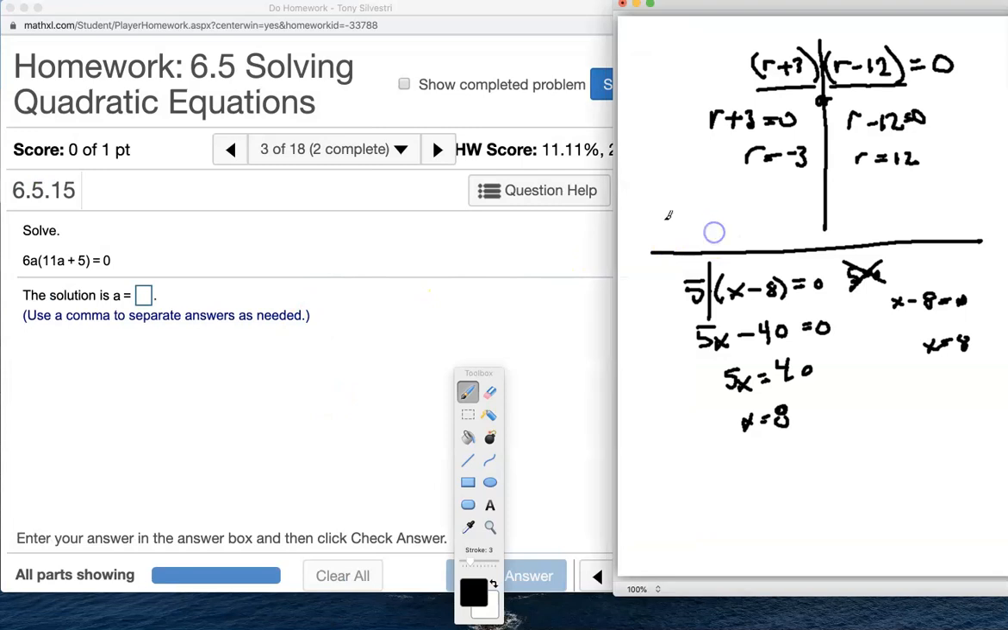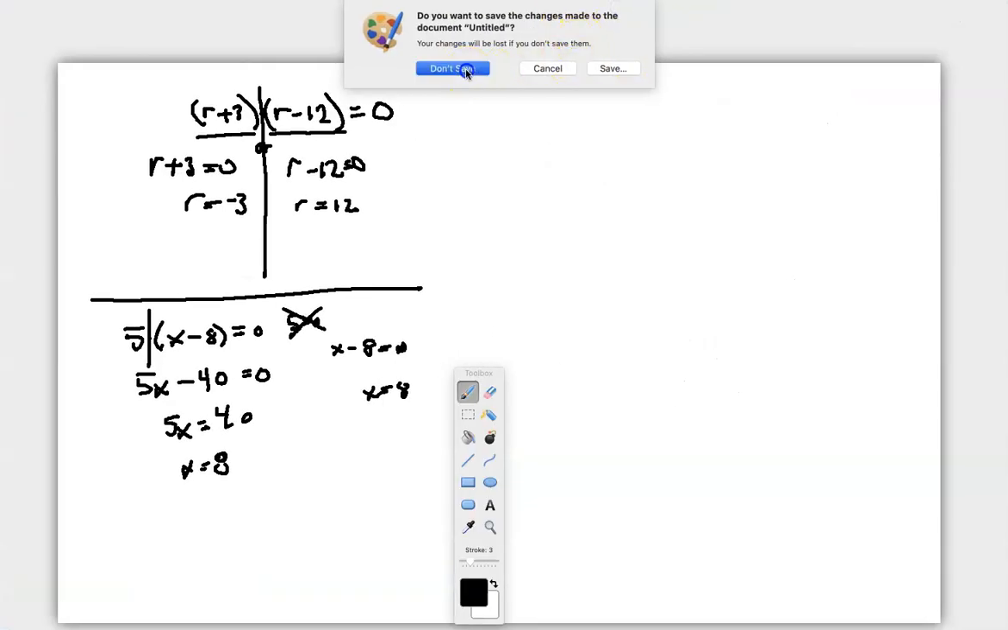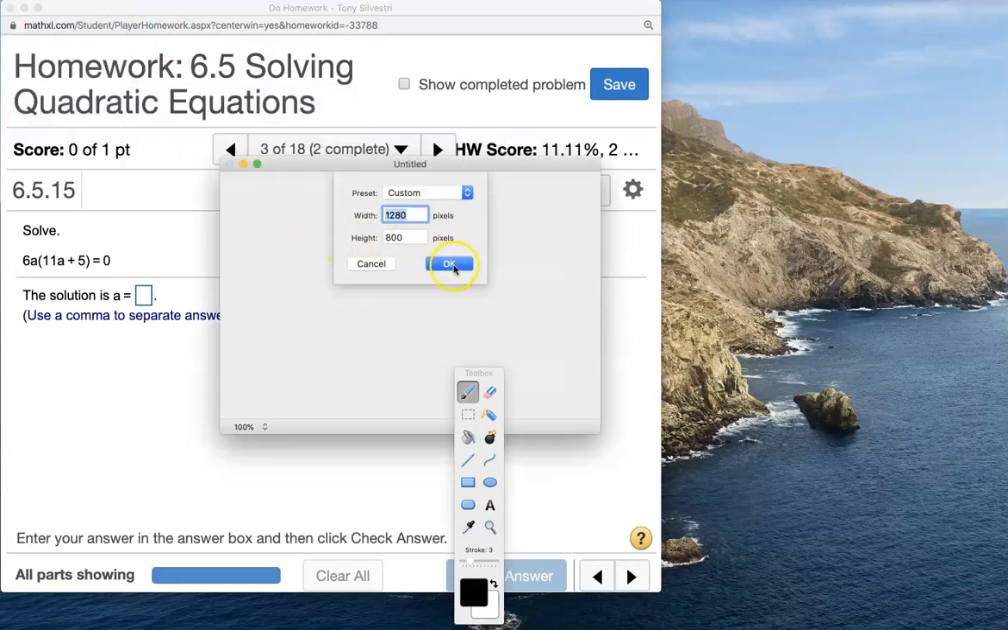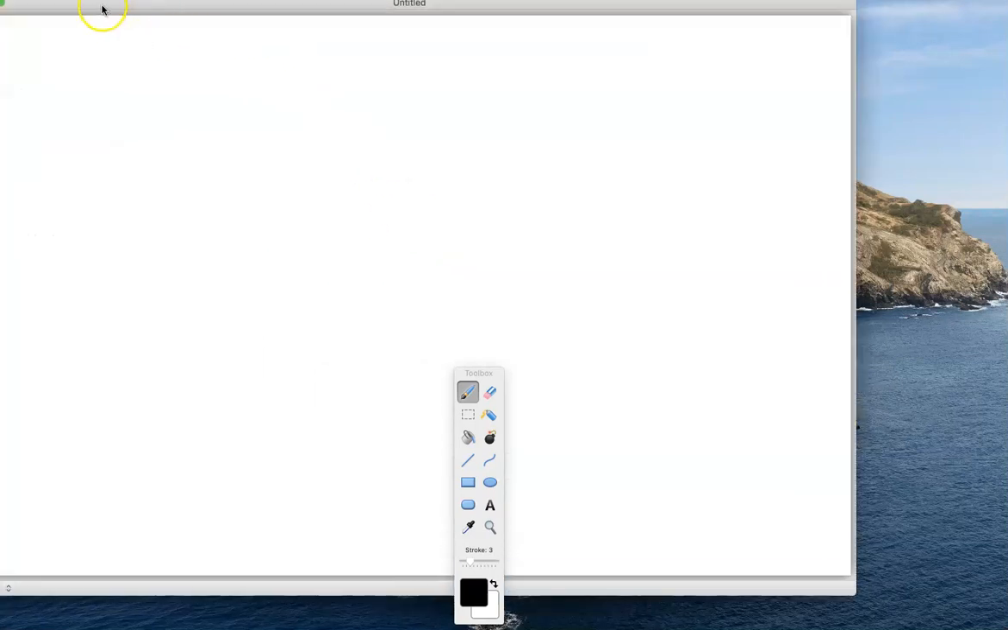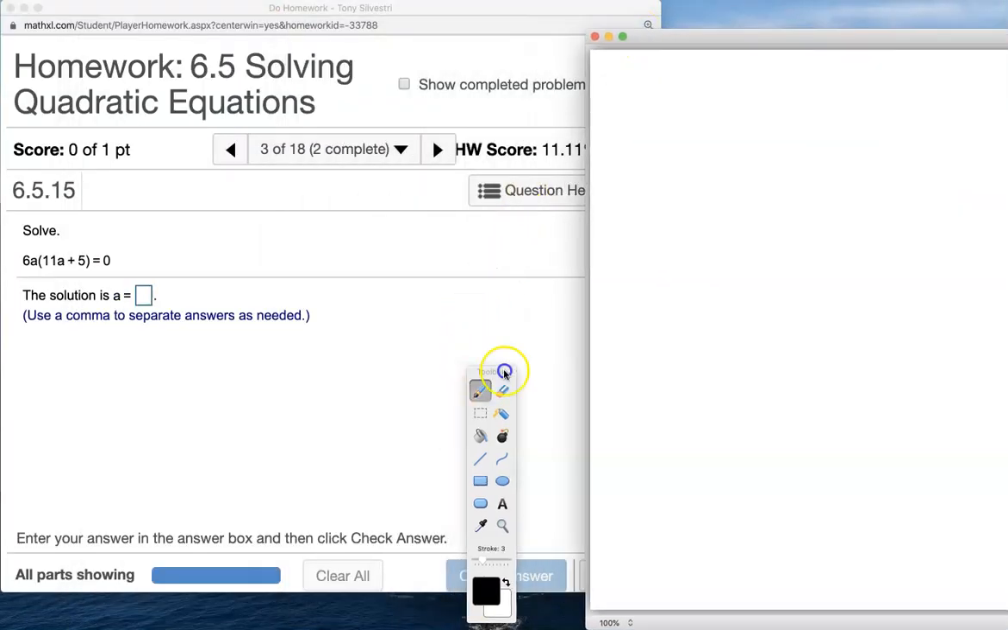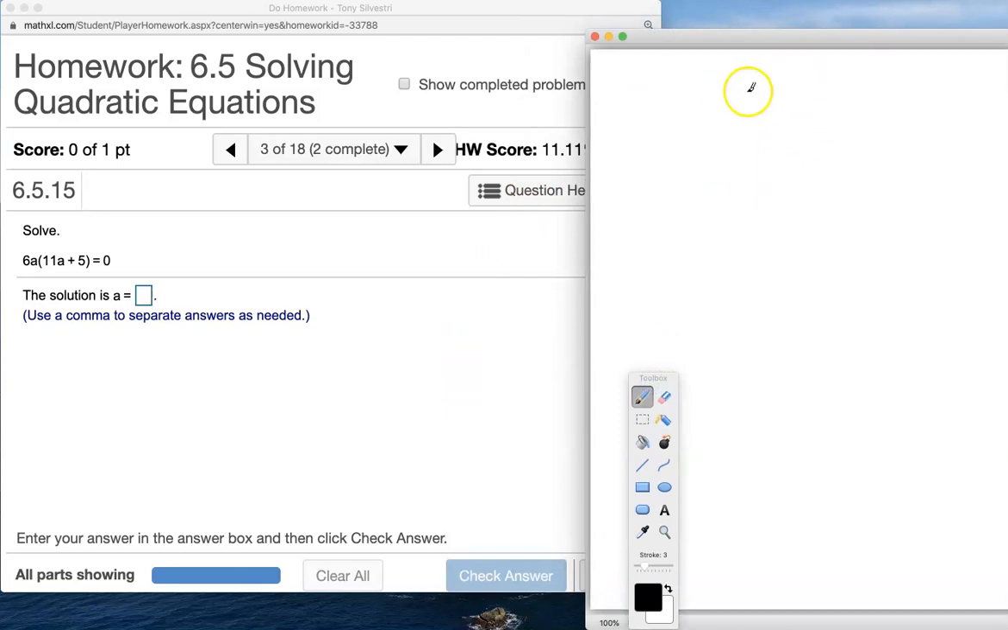Now this guy here, let me clear it. First kill this. Don't save. Okay, file new. And let's move this over here. All right, move the toolbox over too. All right, 6a parentheses 11a plus 5